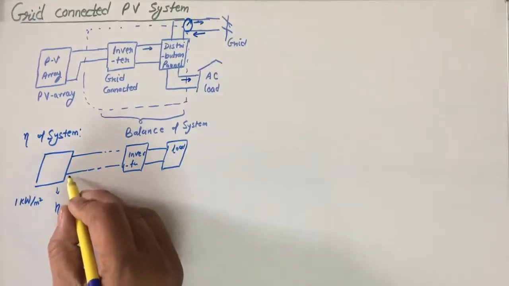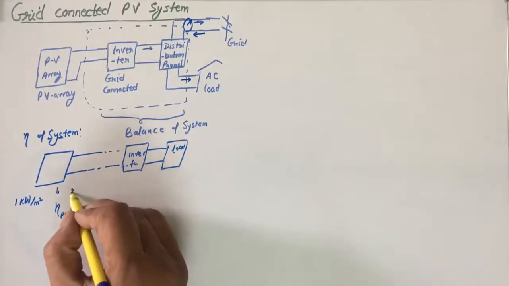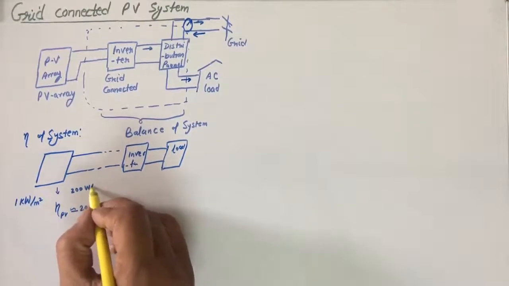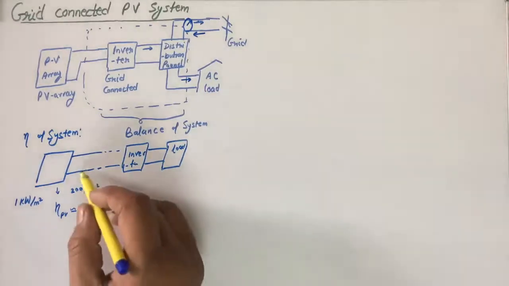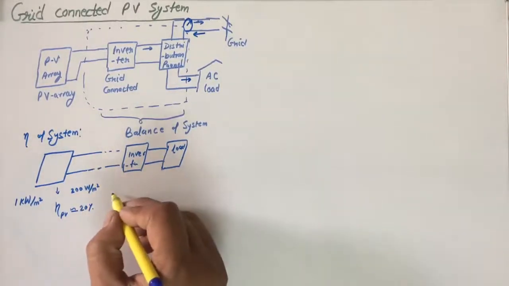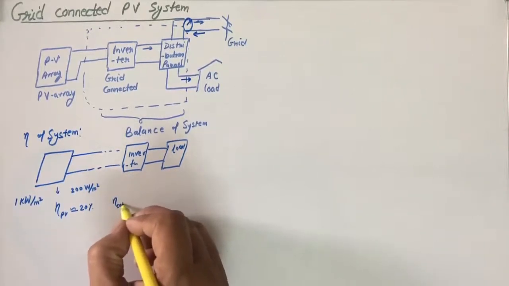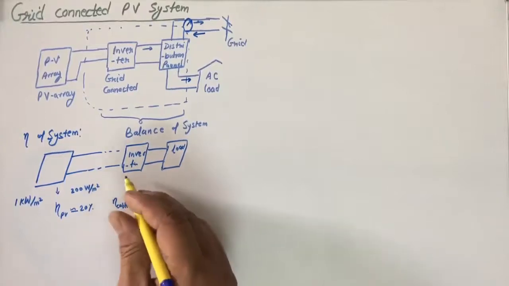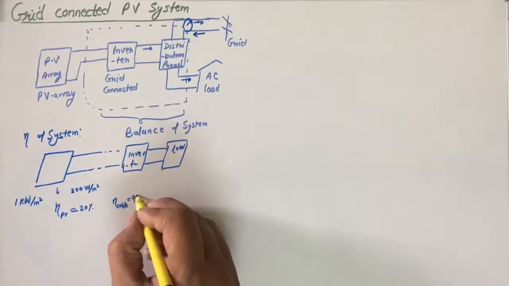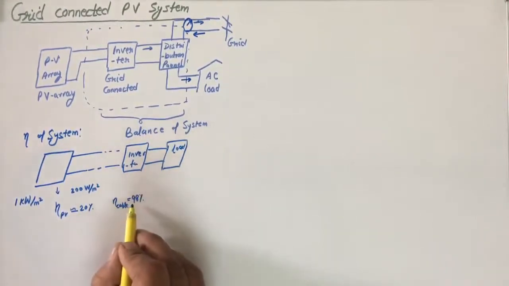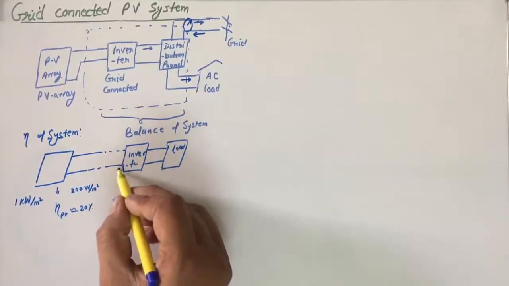So at the input of the transmission or distribution system here, it will be 200 watt per square meter. And if we assume the cabling losses, we can consider almost 2% cable loss. So if there is 2% loss, then the efficiency will be 98%, and with 98% of it, the power available at the inverter will be